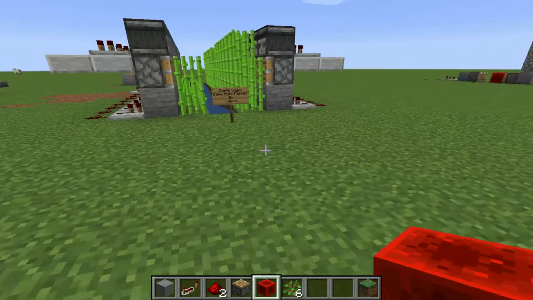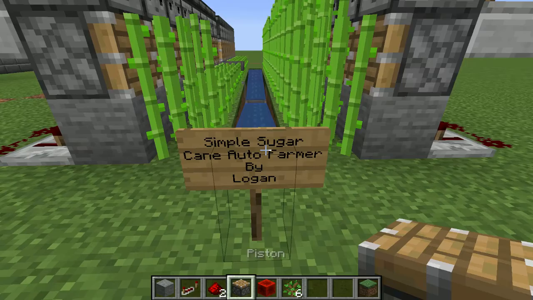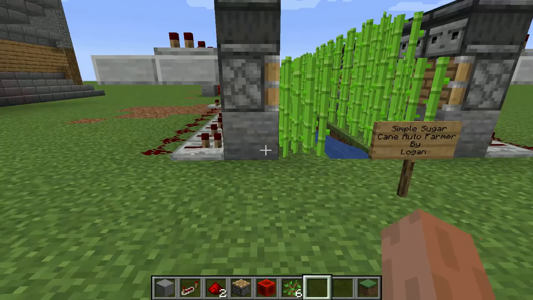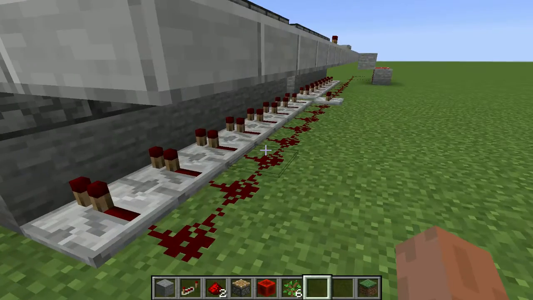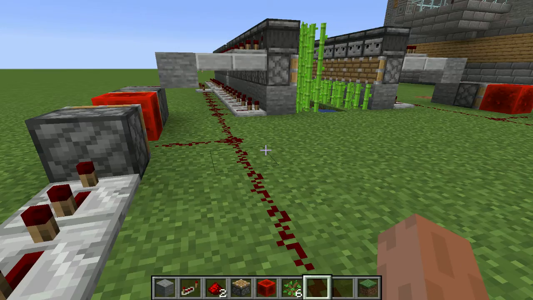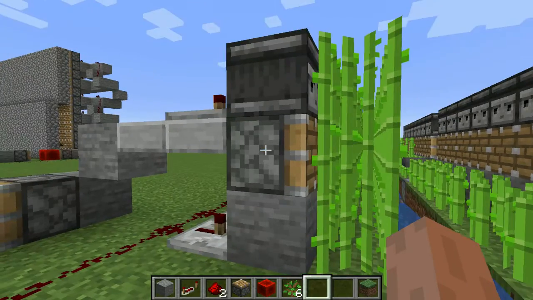Now, this is something that I built myself. Just using some ideas from that, I think. And a few ideas that people had. But essentially, it's a sugarcane farm. It uses no command blocks either. And it's very simple. These observers